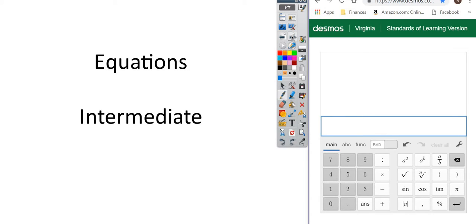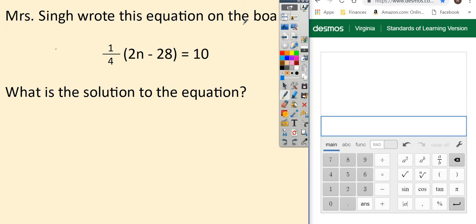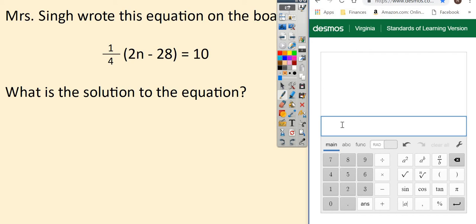Okay, so now we're going to start our intermediate equations. Mr. Singh wrote this equation on the board. What is the solution to this equation? As you notice, we don't have any multiple choice here. So we're actually going to solve it, and then we're going to go ahead and put it in our calculator